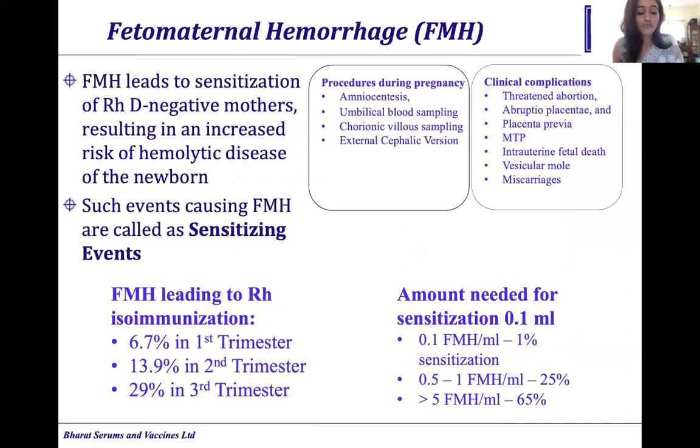A lot of the maternal isoimmunization can be attributed to the amount of fetal-maternal hemorrhage. All of us know that the routine prophylaxis we give for anti-D covers a certain amount of fetal-maternal hemorrhage. But there are certain events that we are aware of. We will summarize and revisit those sensitizing events where the fetal-maternal hemorrhage can be expected to be more. We might miss such patients. Most of them occur postpartum, but here are a few events which can lead to a fetal-maternal hemorrhage in the first, second or third trimester.